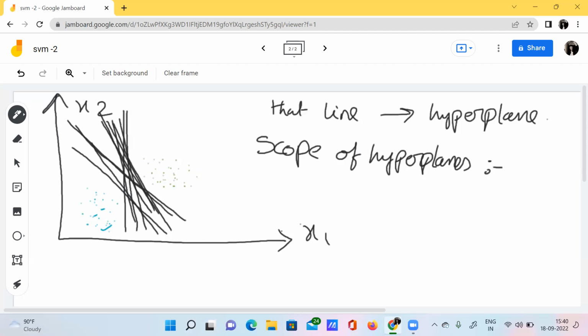That is infinity. Infinite. We can form an infinite number of hyperplanes here. But although we have an infinite number of hyperplanes, we need to choose one hyperplane, which is the best one, to classify this data. So how can we do that?